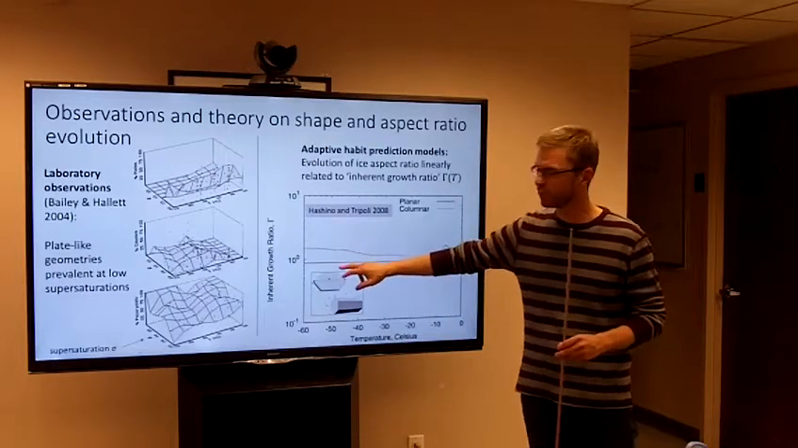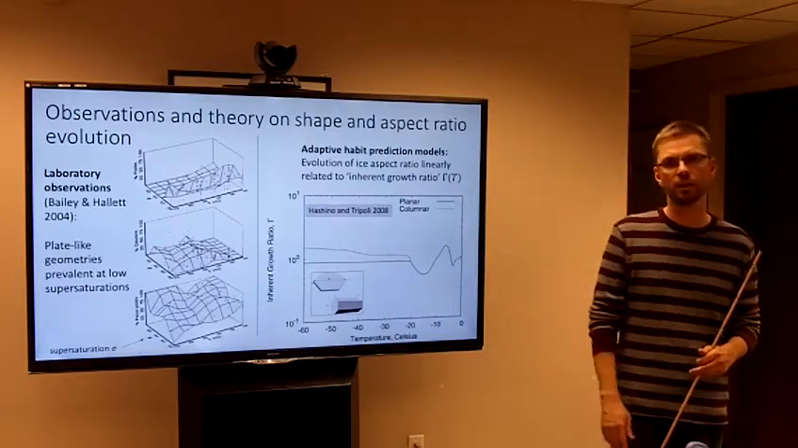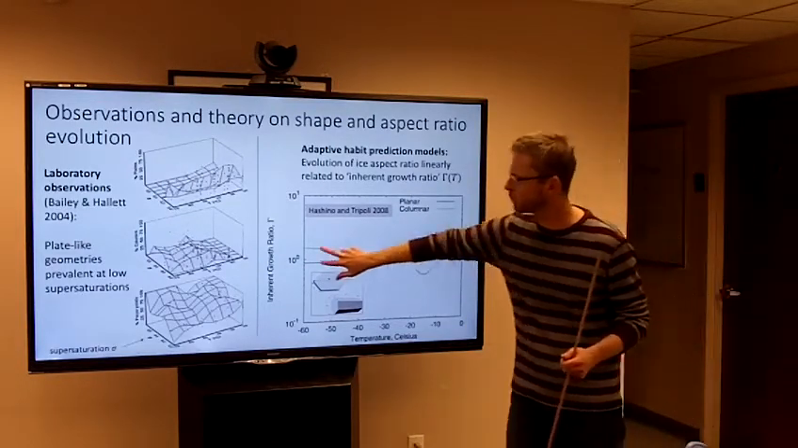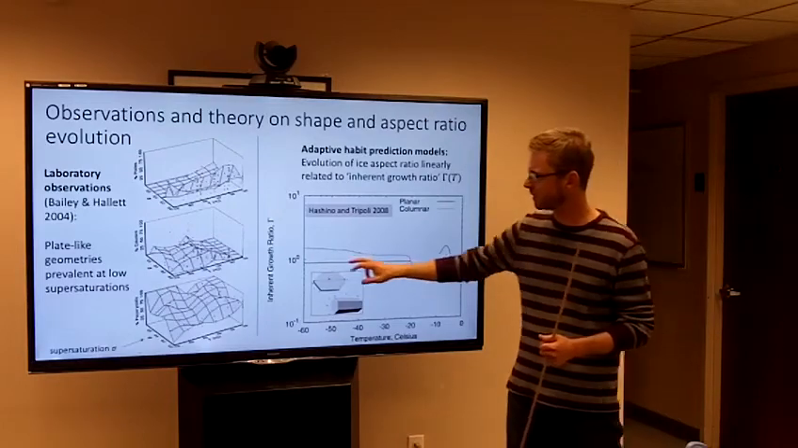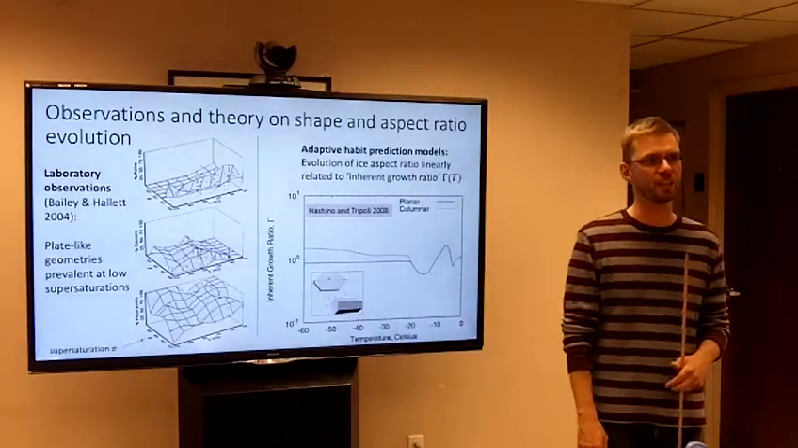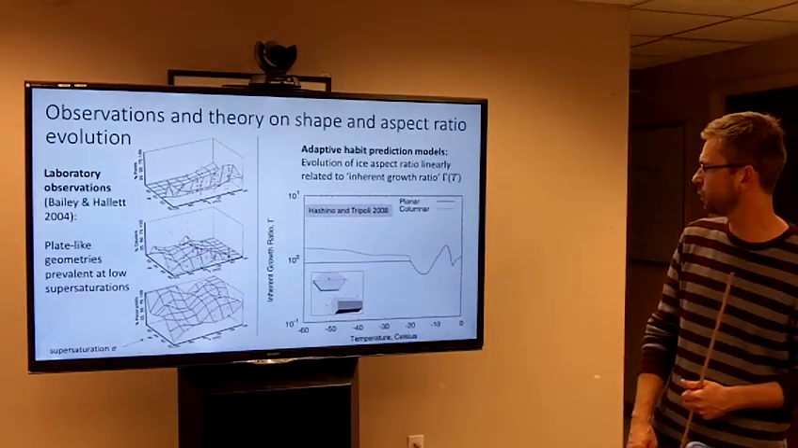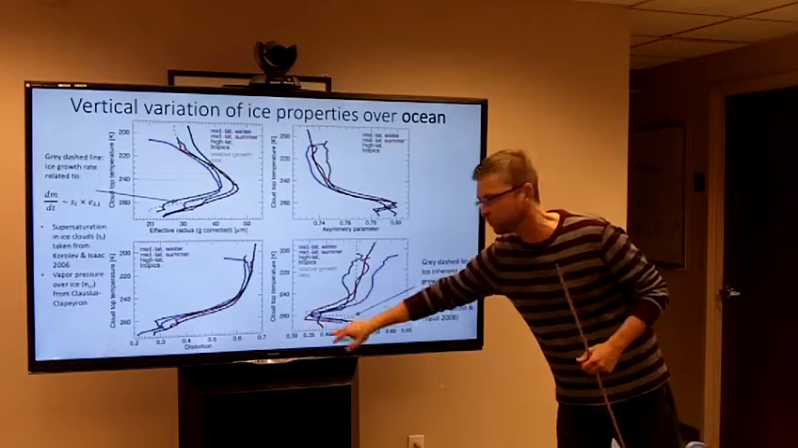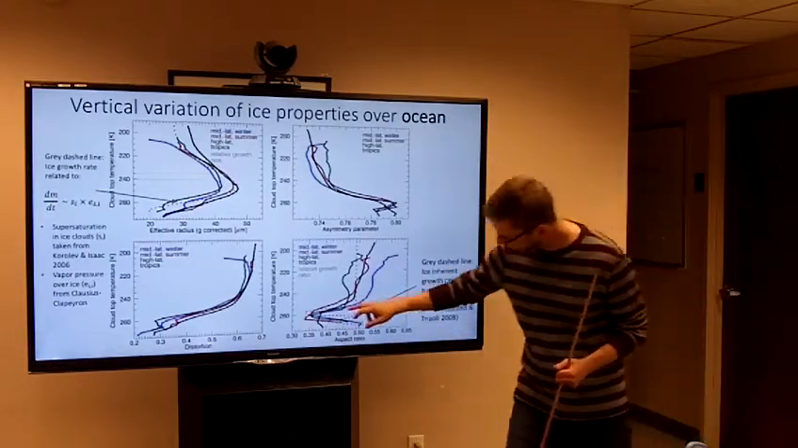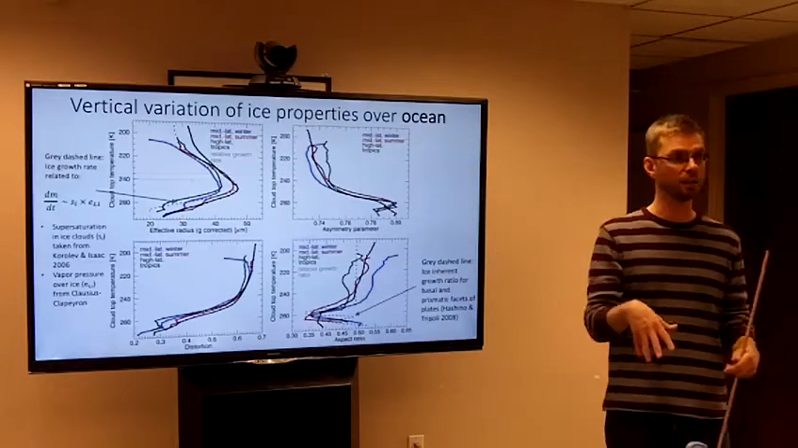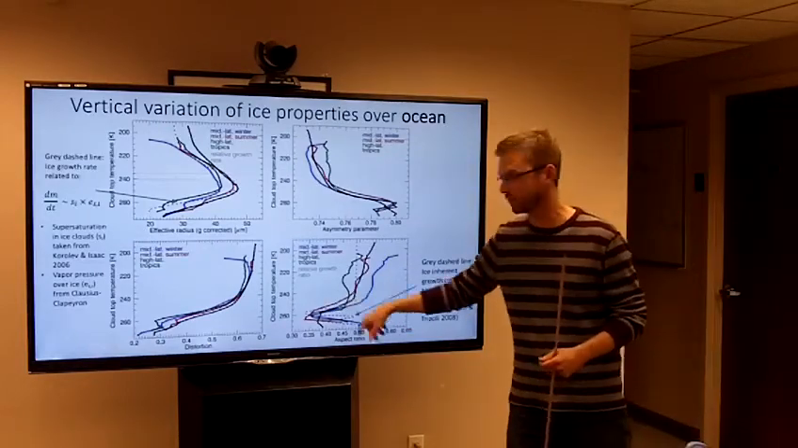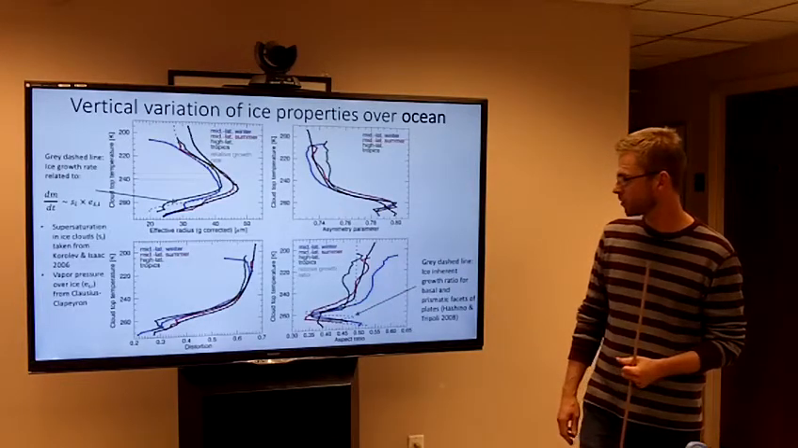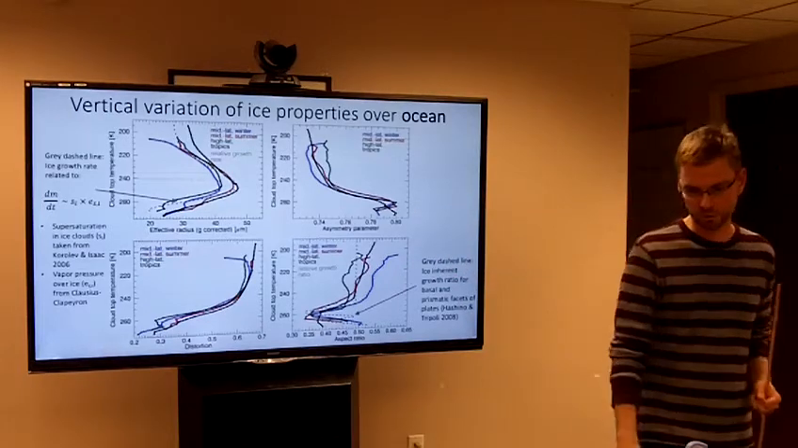What happens here, whether you get plates or columns, probably also depends on the relative humidity and other factors. That's why they actually have two lines right here. And it's probably straight, but that's really uncertain. However, if I take this curve and overplot it on my retrievals, I get exactly the dip in aspect ratio where this dip in inherent growth ratios are. So that really matches very well